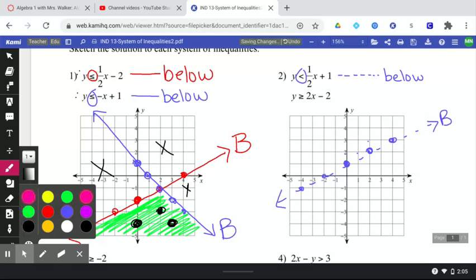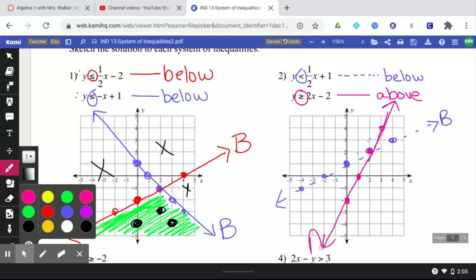We shade everything at the very end. Now here, this tells me it's going to be a solid line, and I'm going to shade above. So here, I start out at -2, and I go up 2 and over 1, up 2 and over 1, up 2 and over 1, solid line,